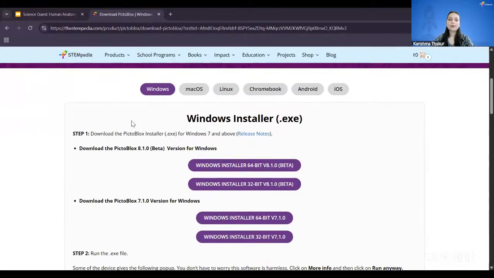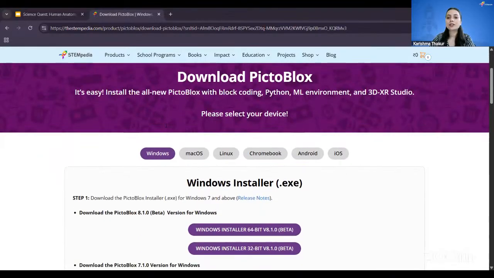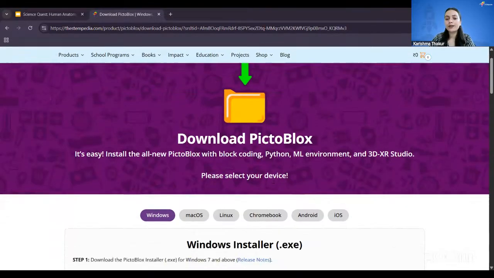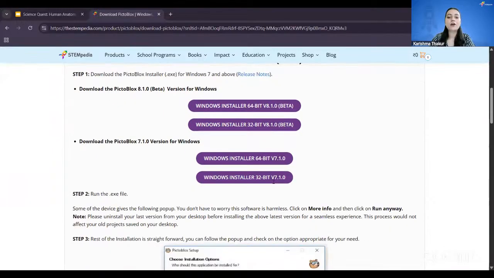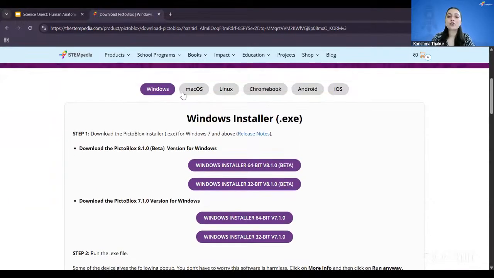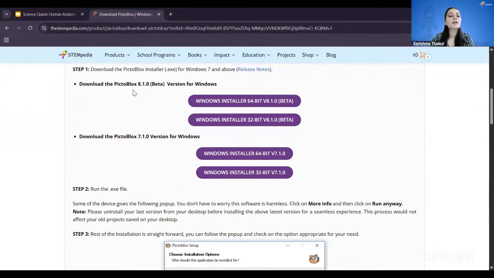Now to download PictoBlox, once we open this website, we will see the option for downloading PictoBlox. If you scroll down, you will see that you have different options to download it. It depends on which system you are using. If you're using Windows, you'll see the Windows installer version, and you can install the version of PictoBlox according to your system, like if you have Windows 7, Windows 10, 11,